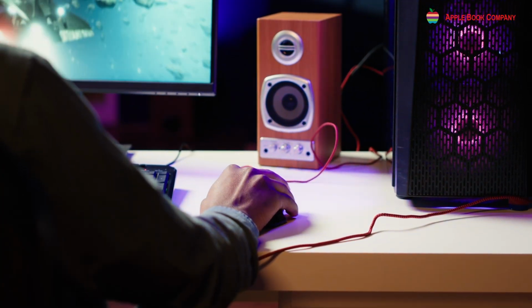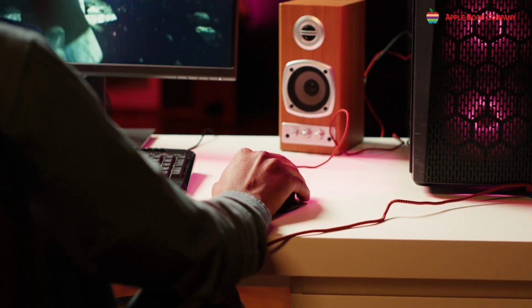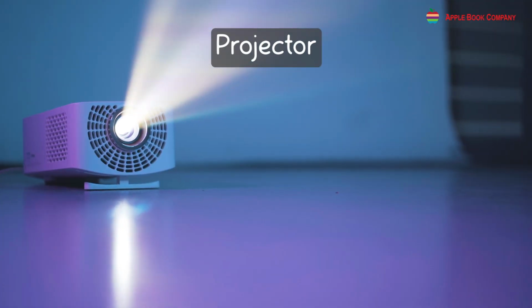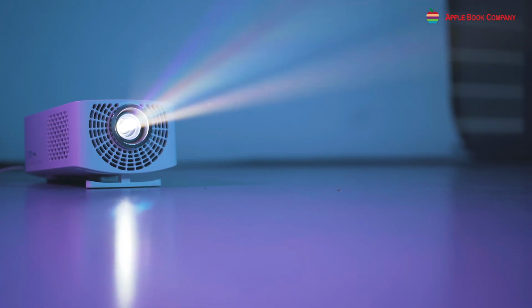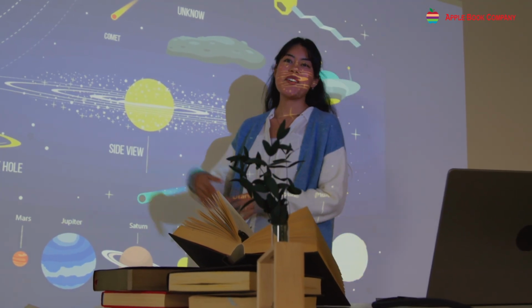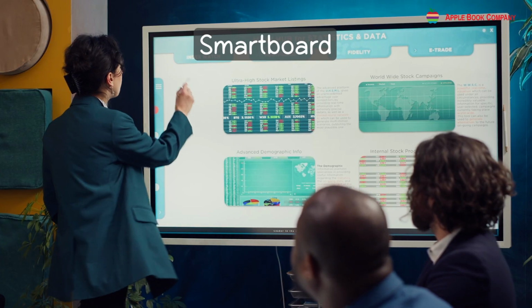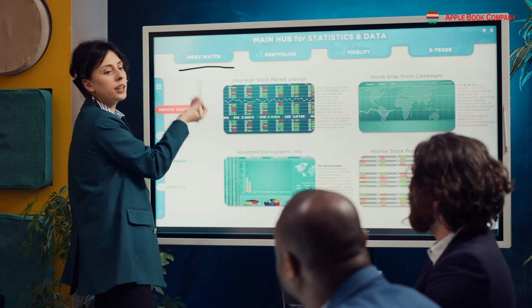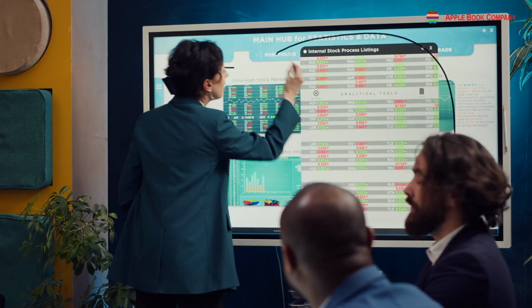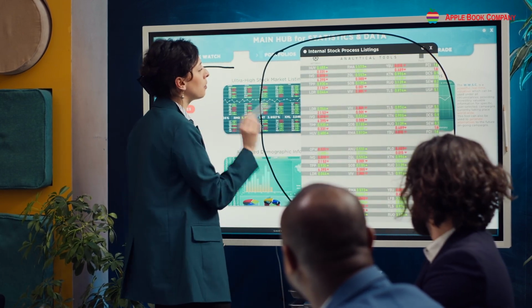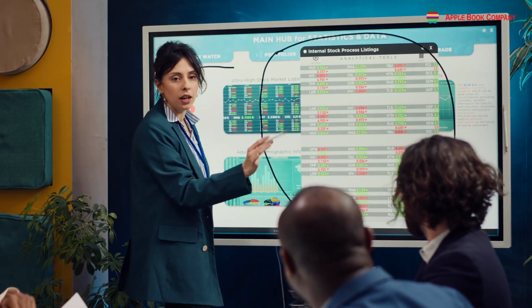They are connected to the computer and allow us to hear audio. Projector. A projector displays images or videos from the computer onto a large screen or wall. Smartboard. A smartboard is an interactive whiteboard that connects to the computer. We can write on it with a special pen and it can also display images and videos.